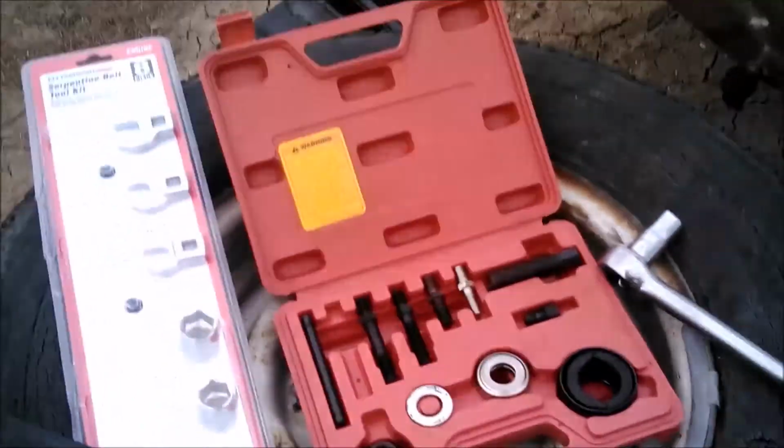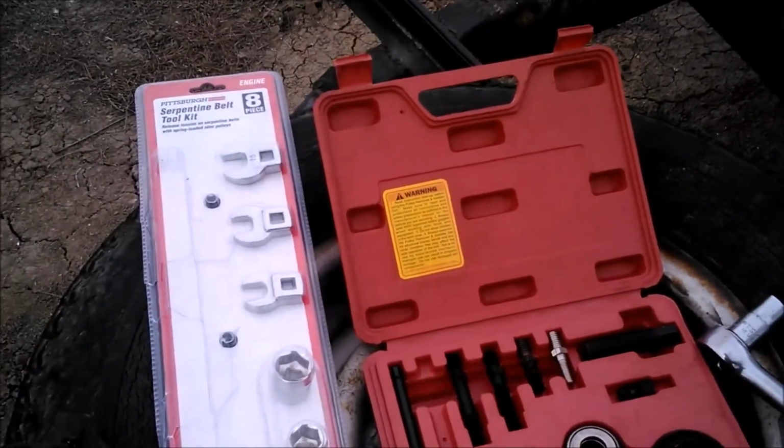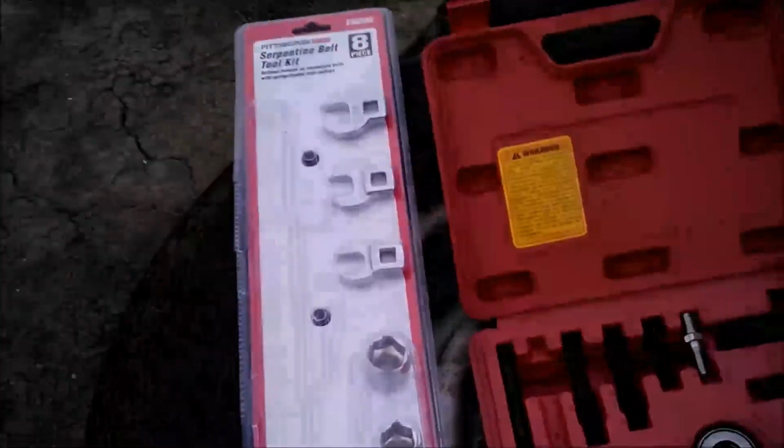So once again, it's pretty much what Harbor Freight tools are. They're the cheapest thing that you can find, and if you can get away with using them,